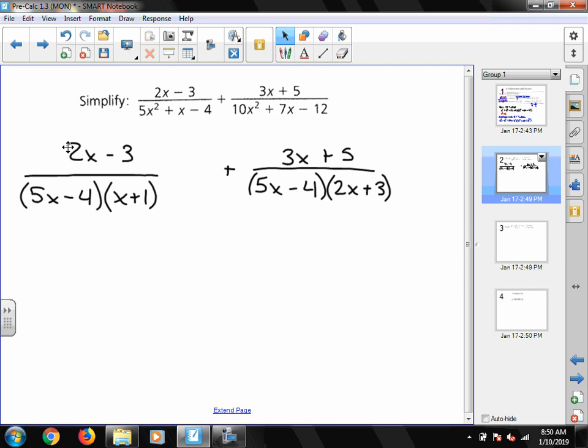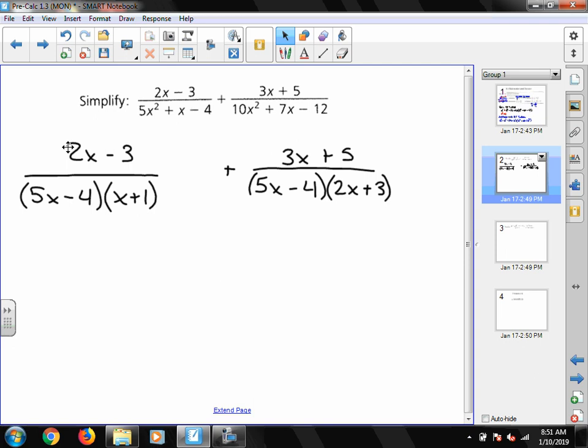Now, what I like to do to find my common denominator, okay? 5x minus 4, excuse me, shows up in both fractions, so that's good. But what really changes is the second factor here, the x plus 1 and the 2x plus 3. That's why these two denominators ended up different. So to get a common denominator, especially with something like this, make sure every factor shows up